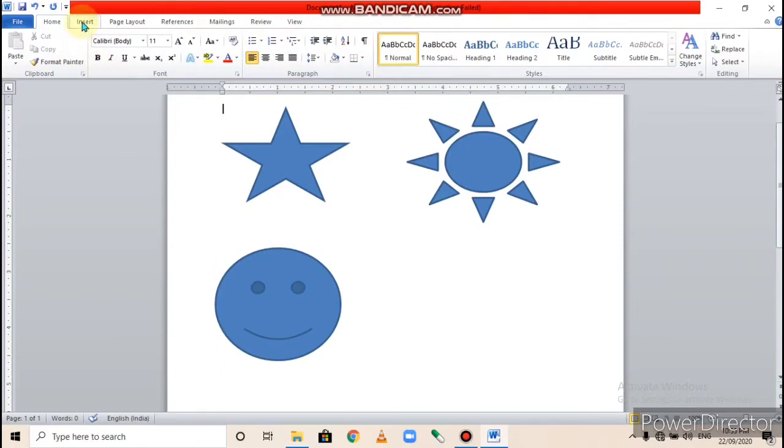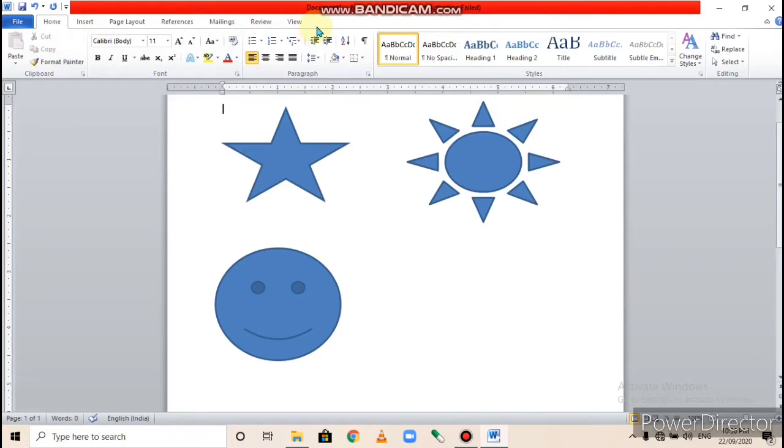Now, page number 69. By default, the fill color of the shape is blue. Underline this point. You can see when we insert a shape, it is blue in color. You can change the fill color, outline color, etc. of the shape using the options present under the format tab. We can change the look of the entire shape by the options present on the format tab.